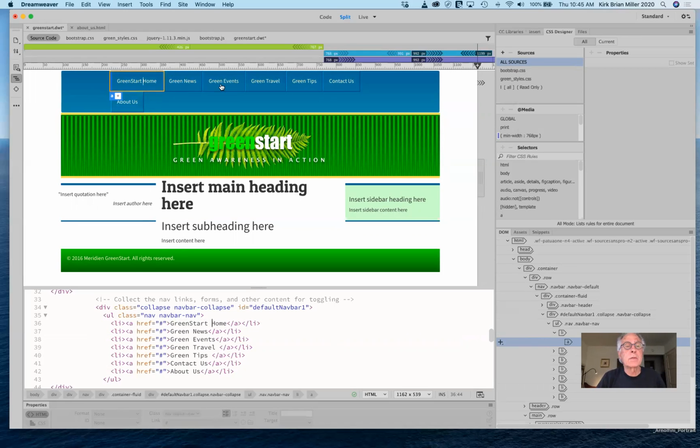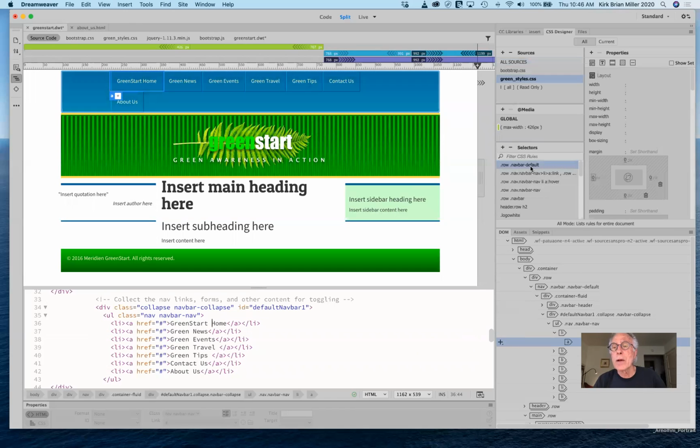So how would you change this? Anybody have any ideas? We would have to go all the way back. So we go back, and I don't want all sources, I want green styles. And I would have to go back here, and let's look at where we specified the